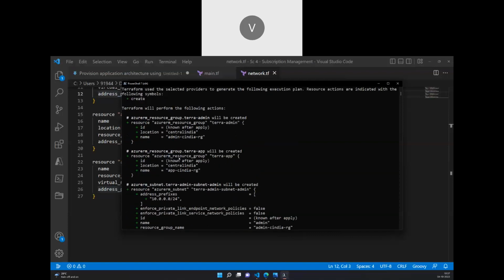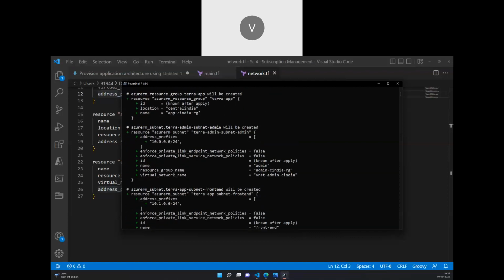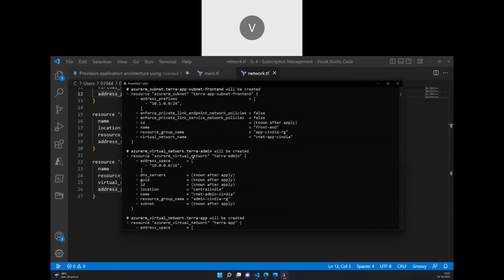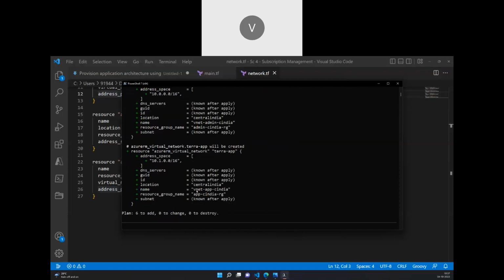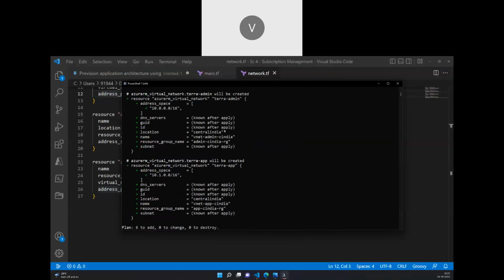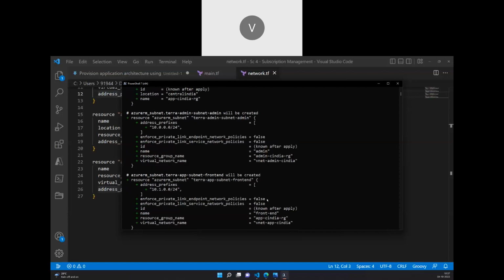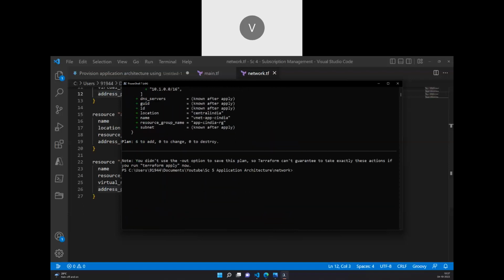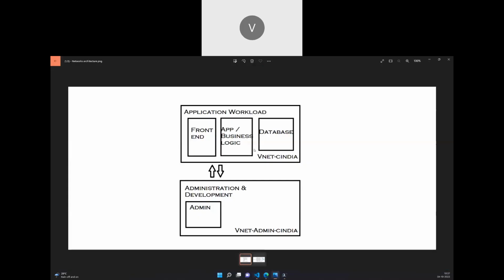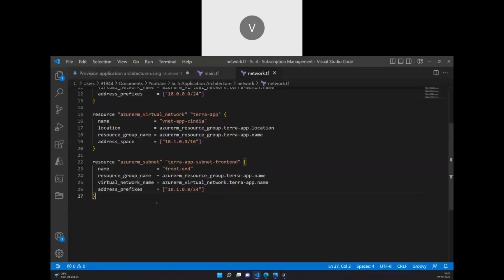So if you see here, two resource groups, one subnet for admin, one subnet for app, and one virtual network each. You see VNet-app and VNet-admin-C-India. The subnets we are seeing are app-C-India-RG and admin-C-India-RG, and the names are admin and front end. The front end belongs to VNet-app, and the admin belongs to VNet-admin-C-India. So this is all good to go, but as per the architecture, we still need to develop these two subnets too. So let me go and create